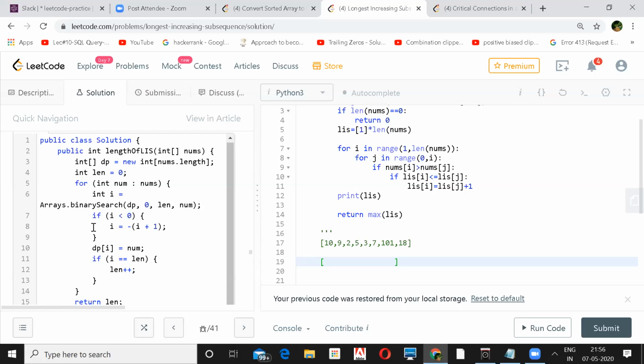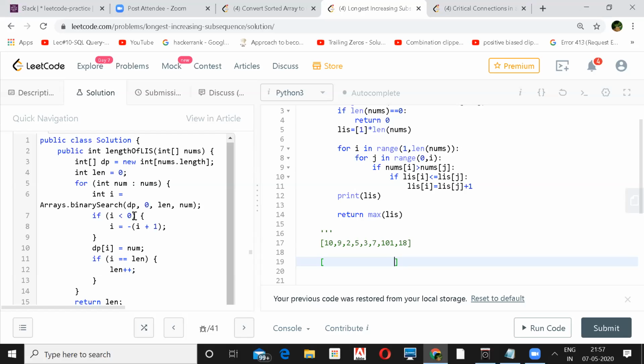They're storing this num at the ith index. This won't work in the first loop, right? If i is less than 0, because he can't find any value in the DP array whose value is 10, then Arrays.binarySearch, I think, will return -1.